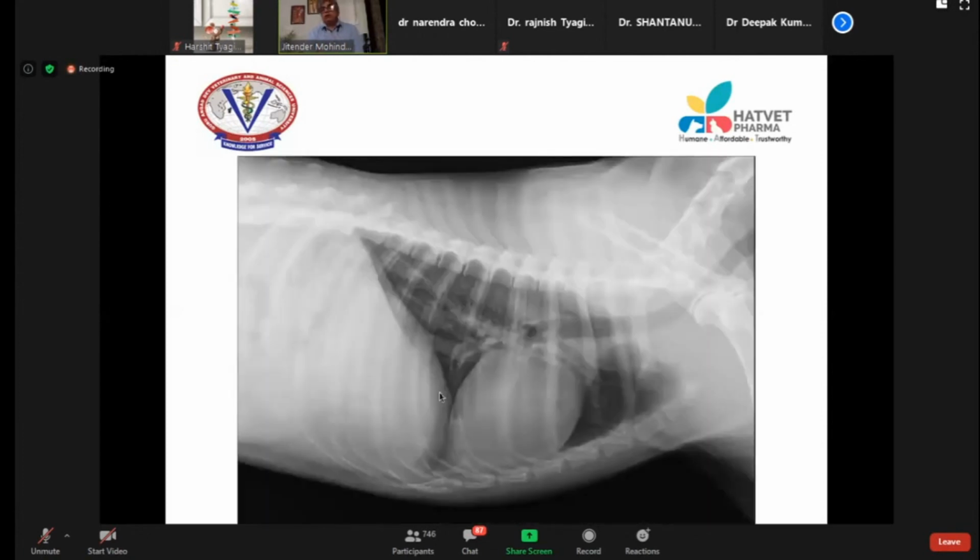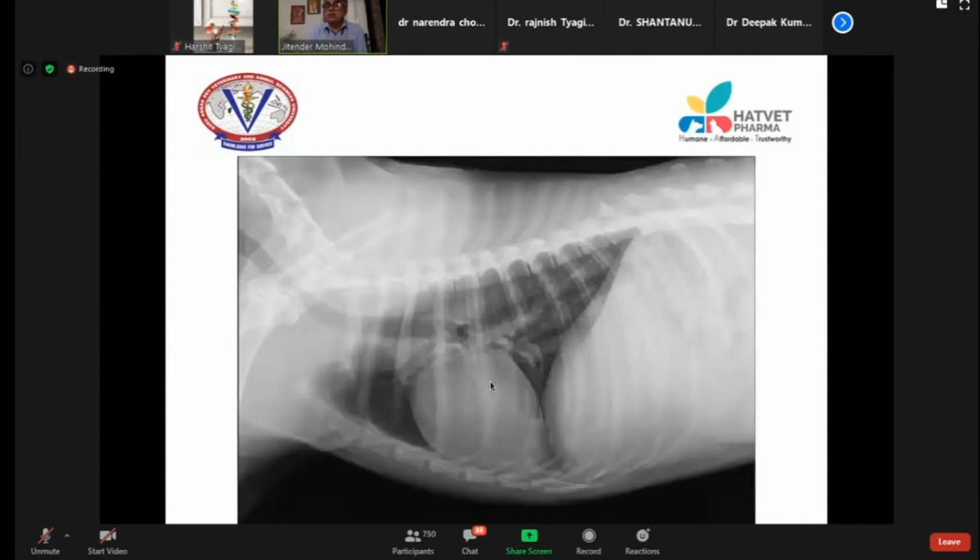You see this radiograph. This is a radiograph of the chest. I can see the trachea here, the heart here, the diaphragm here, the caudal vena cava, the aorta, everything I can see, but the orientation is wrong. So you have to make the orientation correct. This is the correct orientation. If this orientation is there, you are reading the radiograph in a correct way.